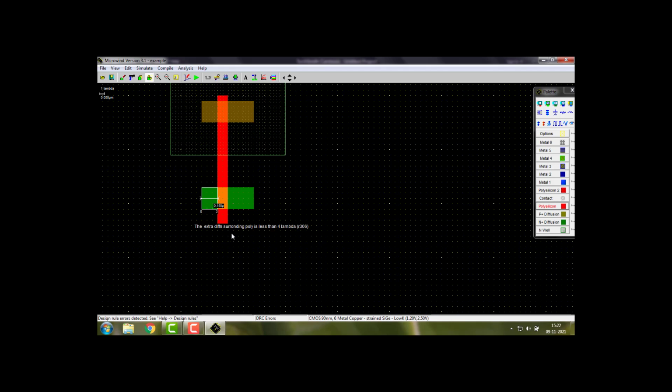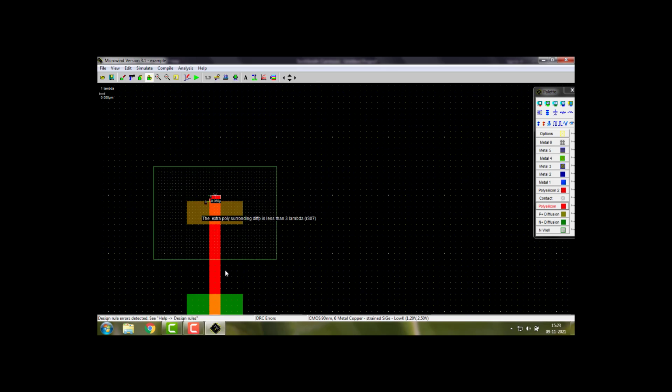Okay, if I check DRC. One more thing is there. This must go 4 lambda. So what I did, I just took how many? 1, 2, 3, 4, 5, 6, 7, 8. So this is more than 10, but it is showing 6 lambda and 6 lambda. So what we should do? We should stretch it on this side. How much it is now? 1, 2, 3. So I'll make 1 here and I'll extend this here. Let's check. So now no errors.